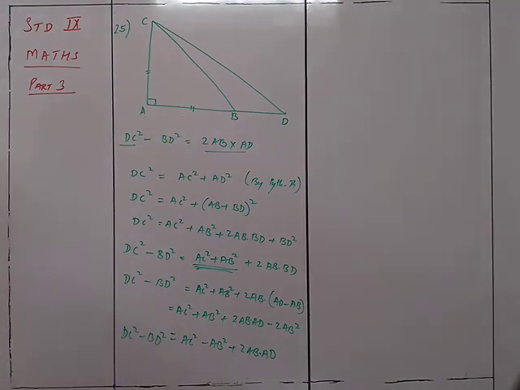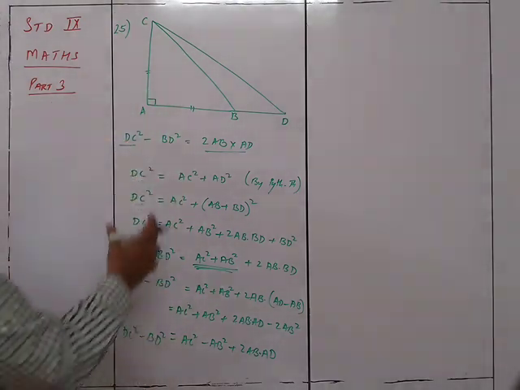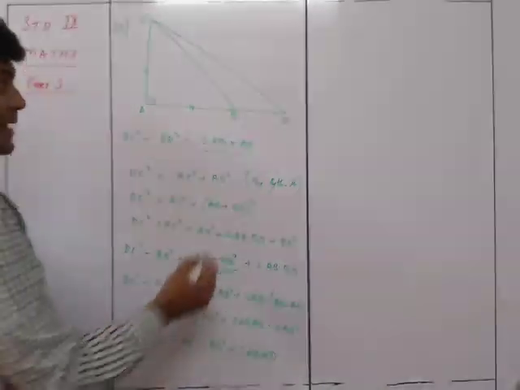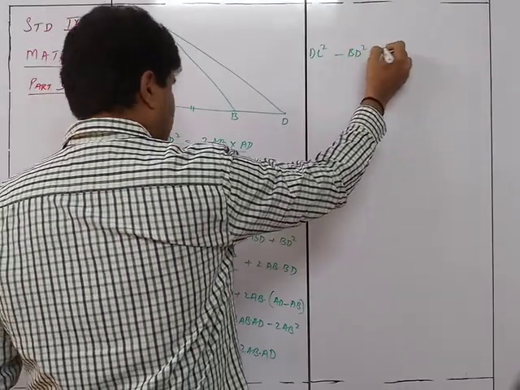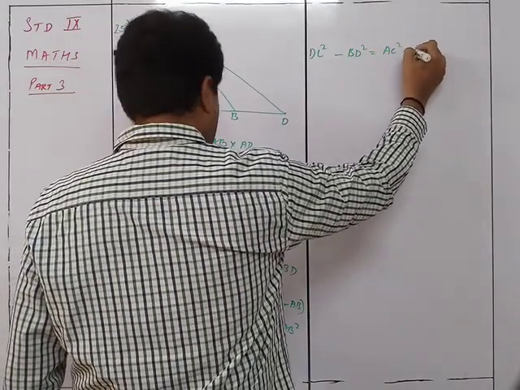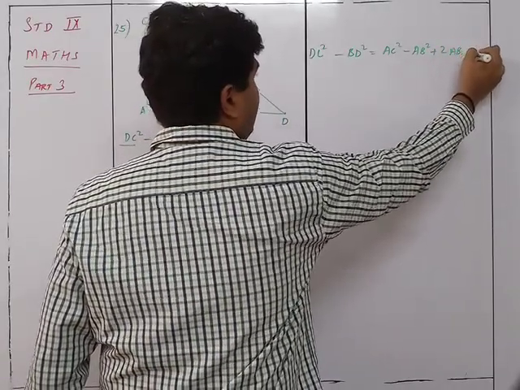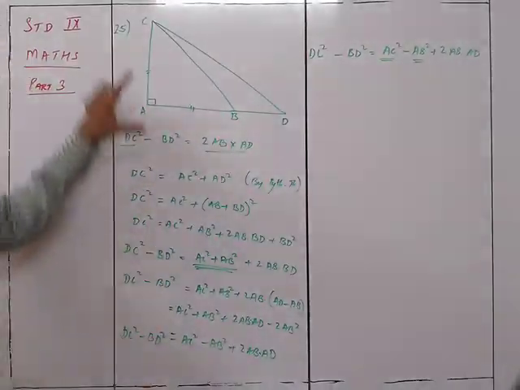ठीक है, तो वो कैसे भी करके कैंसल क्यों होगा? Because AC and AB are same. They are given that AC and AB are equal. So what has happened? Here it is DC square minus BD square is equals to AC square minus AB square plus 2AB into AD. इसमें you know that AC and AB are the same thing because AC and AB are